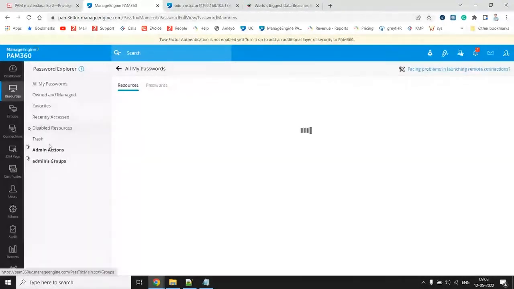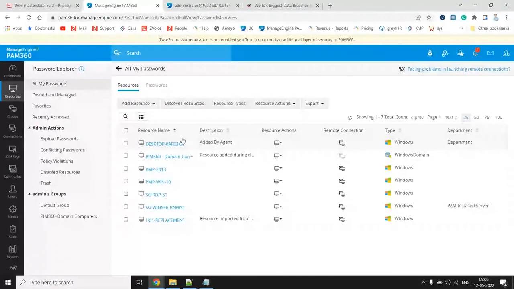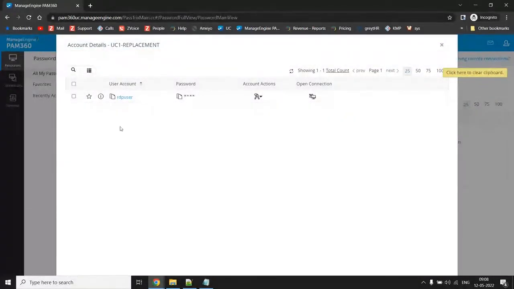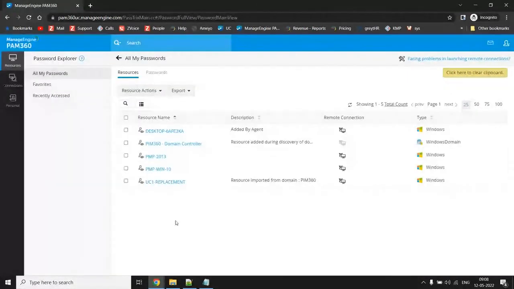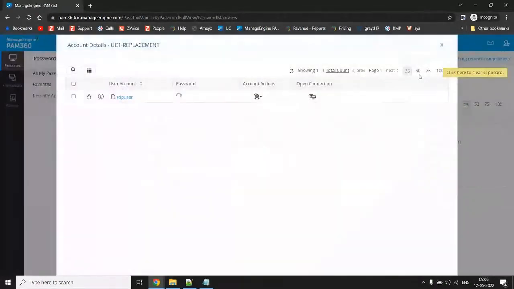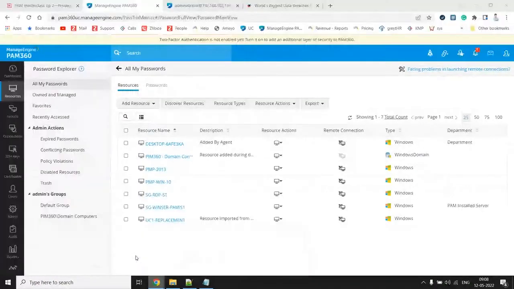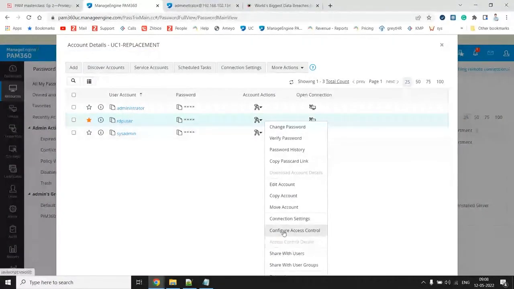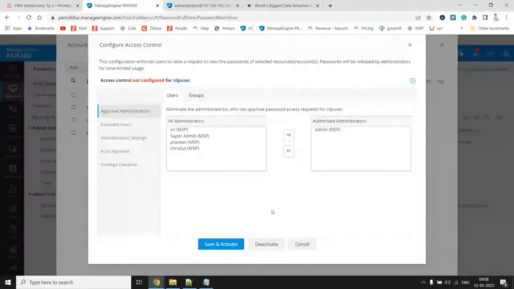The next case is going to be local users getting elevated to the local administrative groups, right? So for this, I'm going to be making use of this machine which says UZ replacement. Here, for this machine, I have shared an RDP user, but the access control workflow is not in place. So let me go ahead and enable the access control workflow. I'm clicking on user replacement, account actions, configure access control. I've selected authorized administrator,